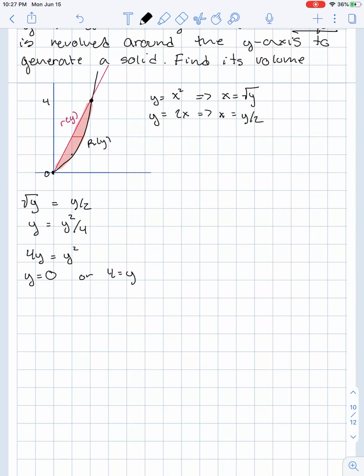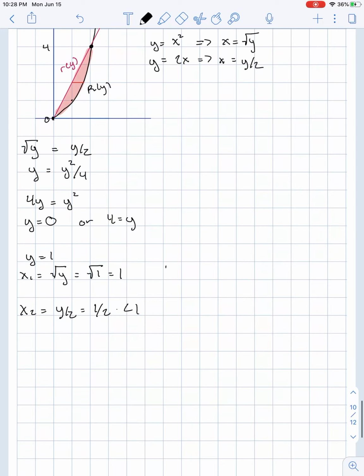So a fun number to plug in between y equals 0 and y equals 4 is y equals 1. So let's call x1 the square root of y. That's just going to be the square root of 1, equal to 1. And let's call x2 the other curve, y over 2. So that's going to be 1/2. And that's definitely smaller than 1. So we'll call x1, which is the square root of y, big R. And we'll call x2, which is y over 2, little r. And for the life of me, I won't remember to put y's. It's all just a dummy variable. Anyways,